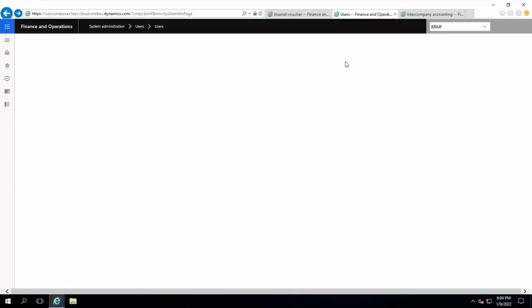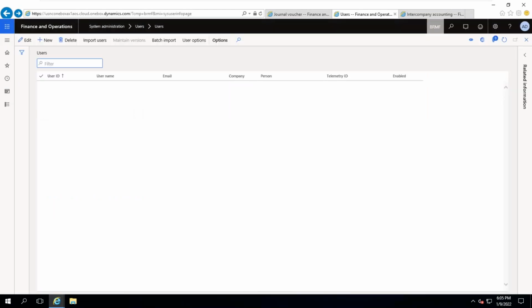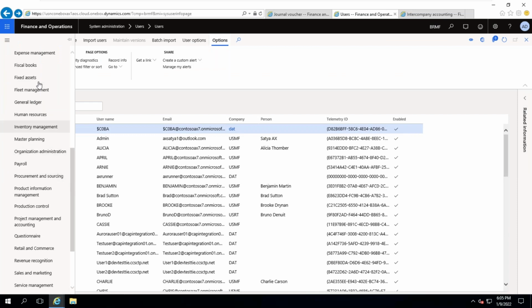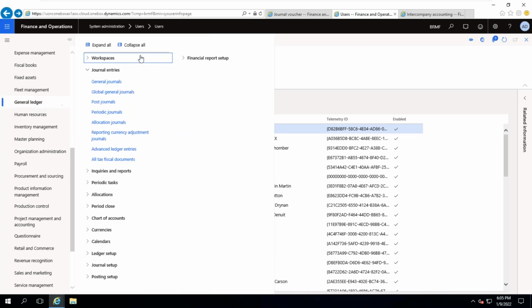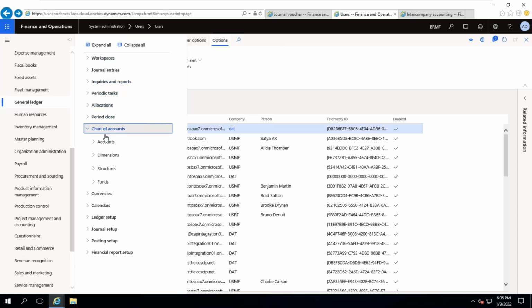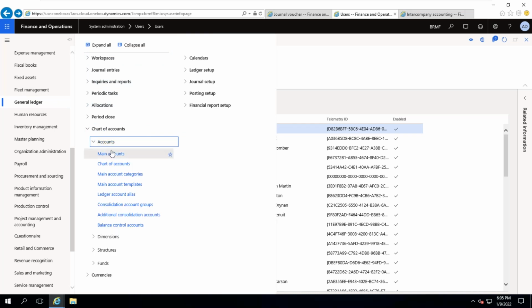In this Brazil company, I can go to general ledger, collapse all, chart of accounts, main accounts.